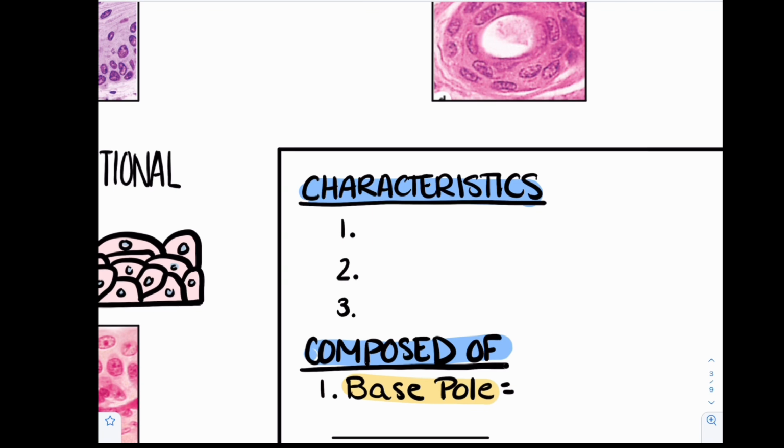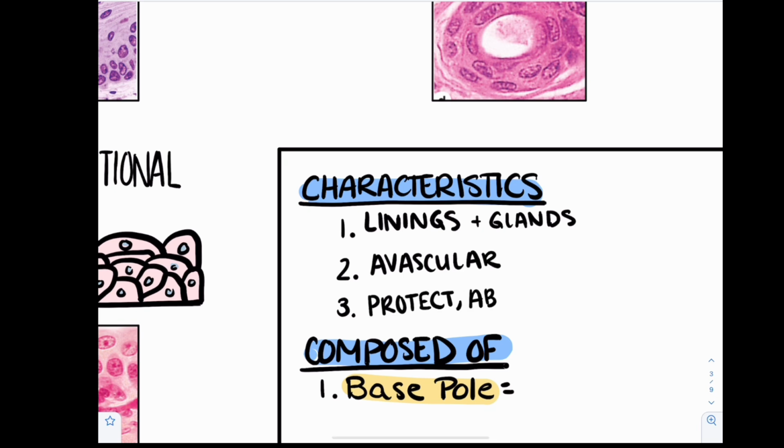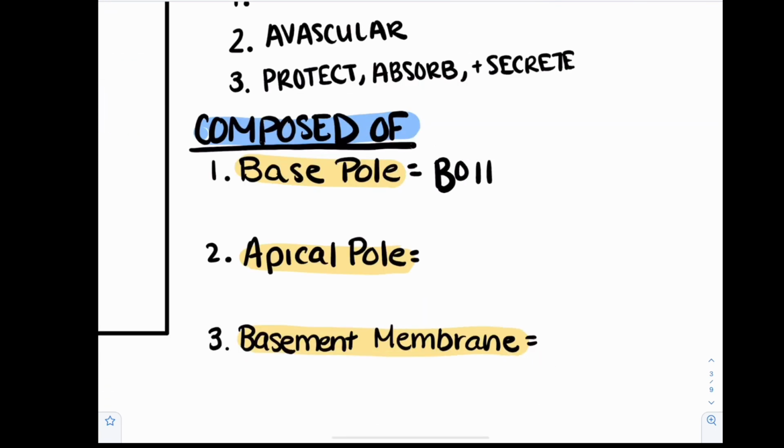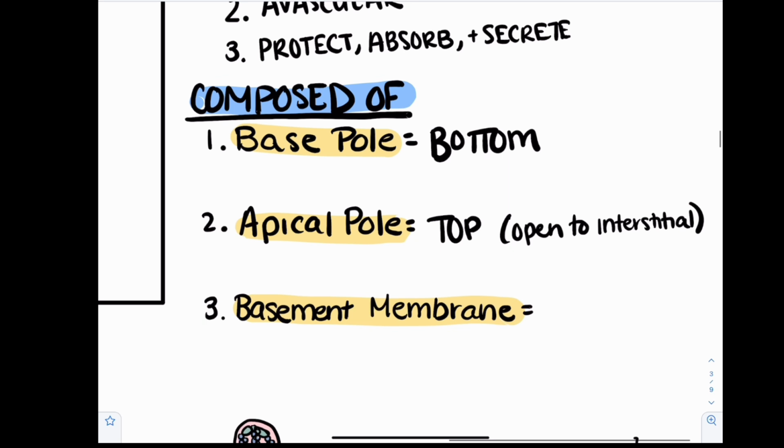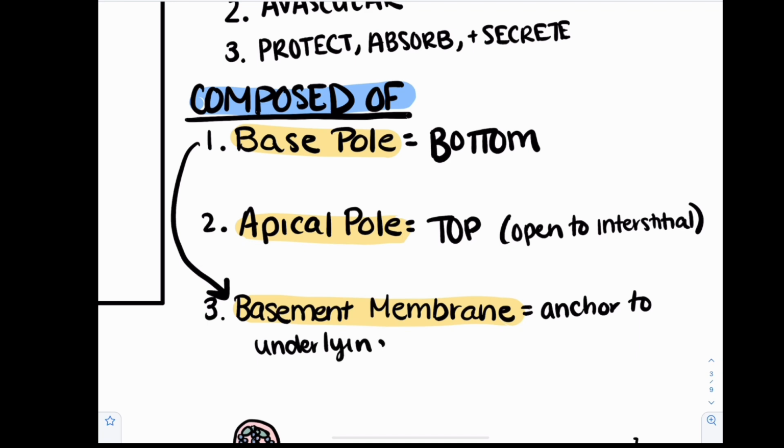Epithelium covers body surfaces, lines body cavities, and forms the majority of glands in the body. Characteristically, they are avascular, meaning no blood supply, and they function to protect, absorb, and secrete. Epithelial cells have two surfaces: a basal surface, or the basal pole, that's the bottom, and the apical surface, or the apical pole, and that's the top. On their basal surface, they have a specialized extracellular structure called the basement membrane, which anchors the epithelium to the